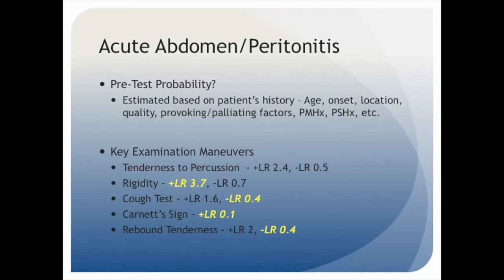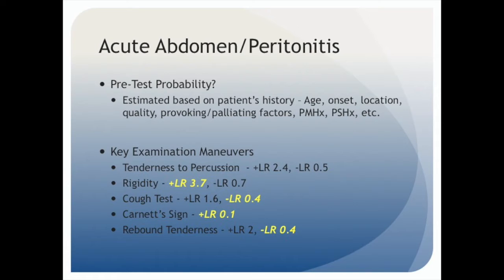For example, the presence of rigidity has a positive likelihood ratio of 3.7, which means that if the patient has abdominal rigidity when you're examining them, they are much more likely to have an acute abdomen than if they didn't. The cough test, which has significantly increased abdominal pain when you have the patient cough. Evidence of peritoneal inflammation exacerbated by an acute increase in intra-abdominal pressure has a moderately good negative likelihood ratio of 0.4,